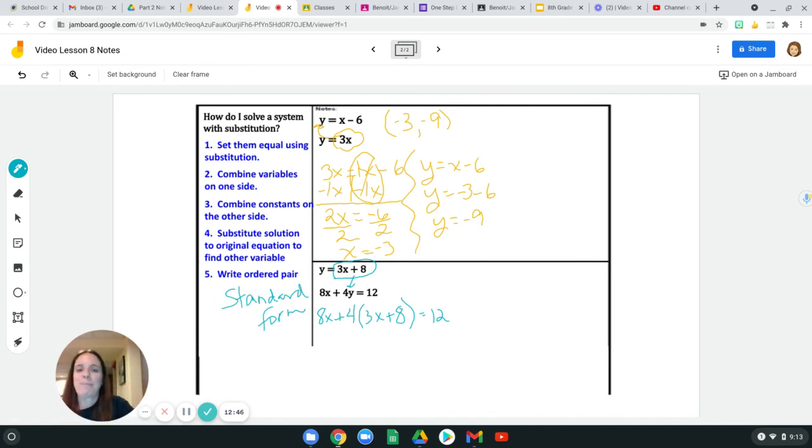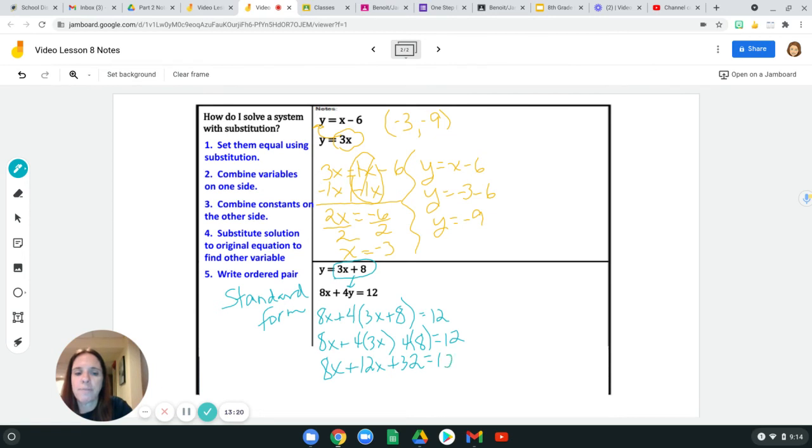It's so exciting. Okay, so speaking of properties, the coefficient of 4 outside that parenthesis is a distributive property. And that means that you're going to distribute the 4 to the 3x, and you're going to distribute the 4 to the positive 8. Distribution, right? All right, so we have 8x plus 12x, and 4 times 8 is 32, and it's positive 32